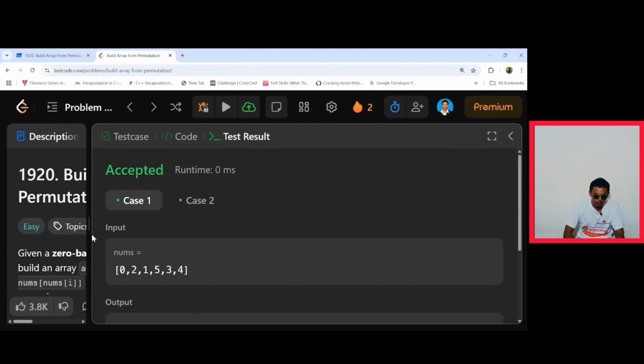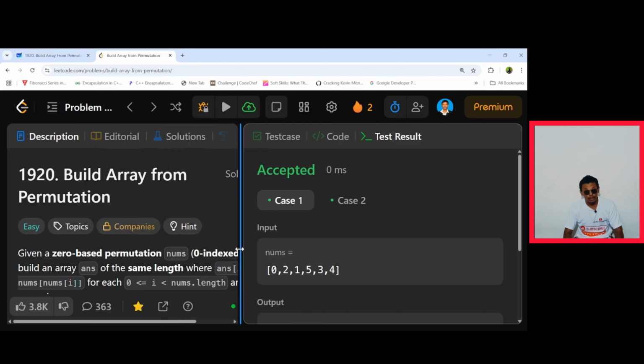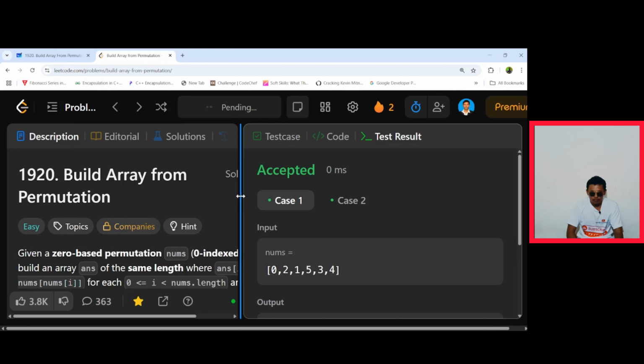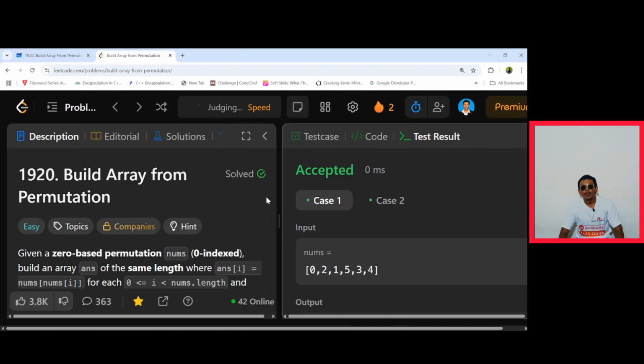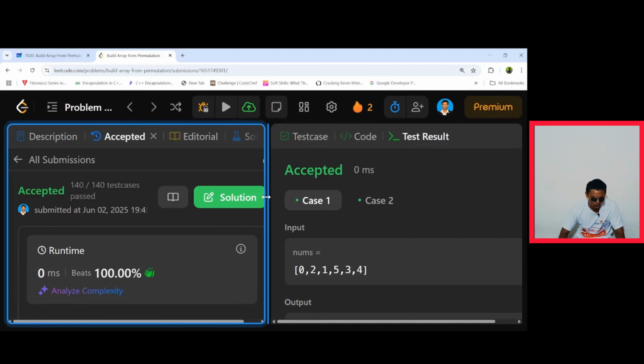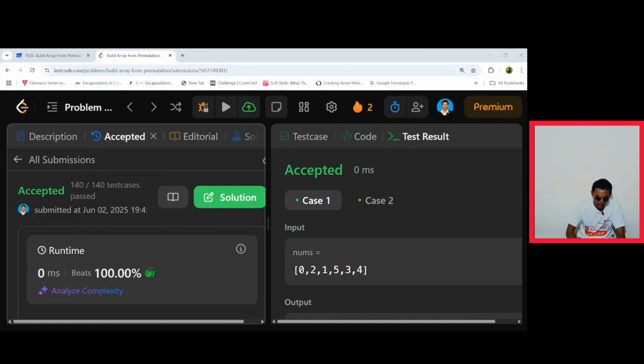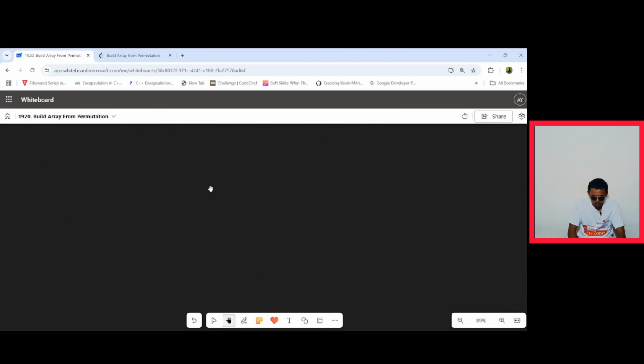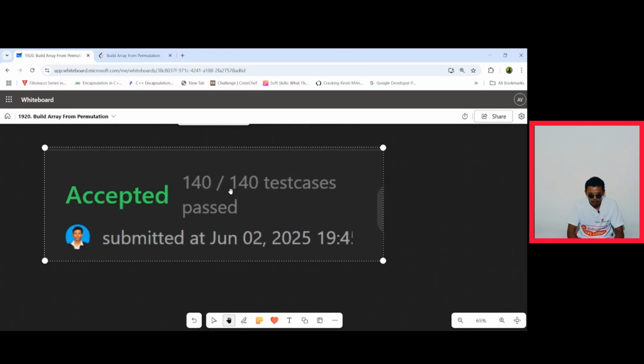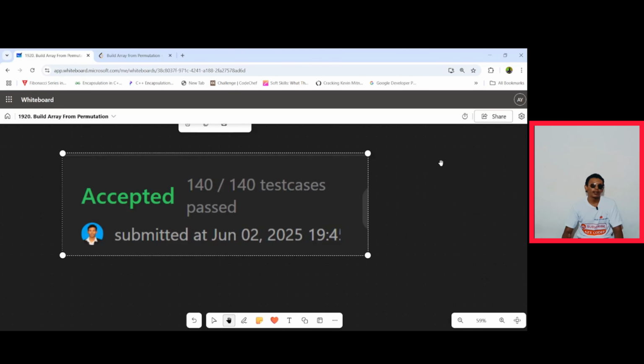Now let us run it and see whether our public test cases are satisfied or not. Yes, here our public test cases are clearly satisfied. Now let us hit the submit button. Yes, and now let us see whether our hidden test cases are satisfied or not. Yes, undoubtedly our hidden test cases are satisfied. And as I said in the initial introduction of this video, the space complexity here is big O of 1, which is a very optimal solution.